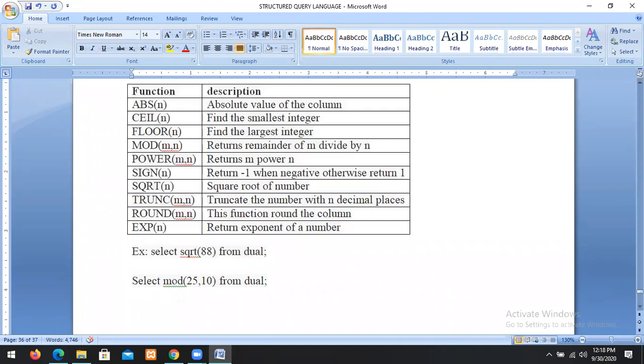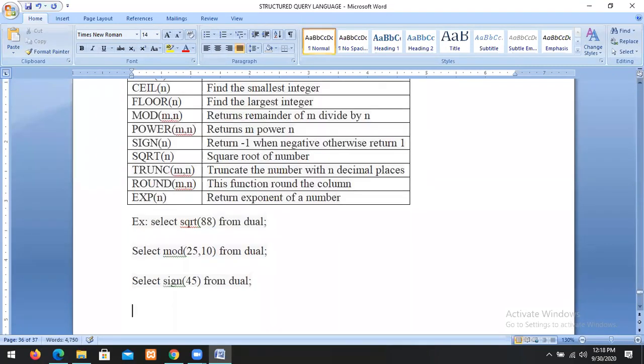Suppose I want the sign of the number. Select sign of 45 from dual. So we have the sign. 45 is positive, so the result is 1. If it is negative, we get -1. Suppose I want the exponent of a number, suppose 25 cube. I want to select